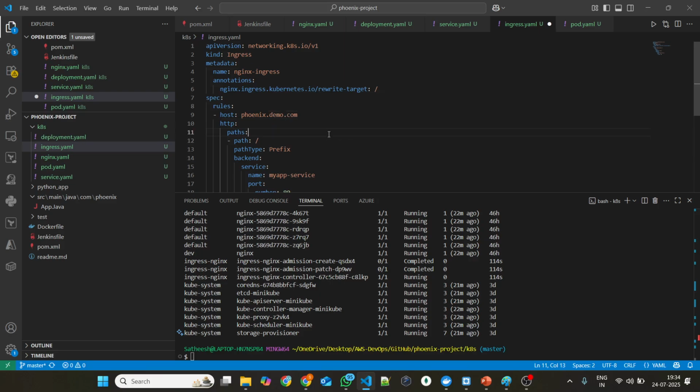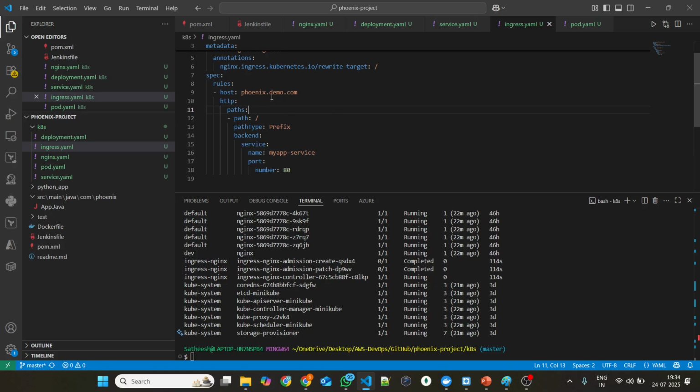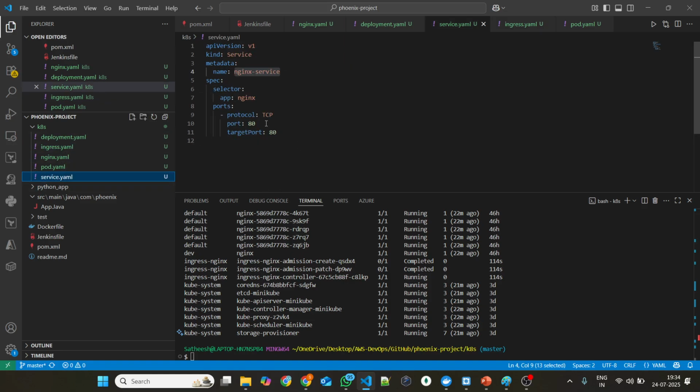I'm setting my domain as phoenixdemo.com. Like I told you previously, for any domain names you should register them with GoDaddy, Namecheap, or some other third-party domain service. But to have these domain names resolve locally, I don't need any of that. Okay, I'll create an